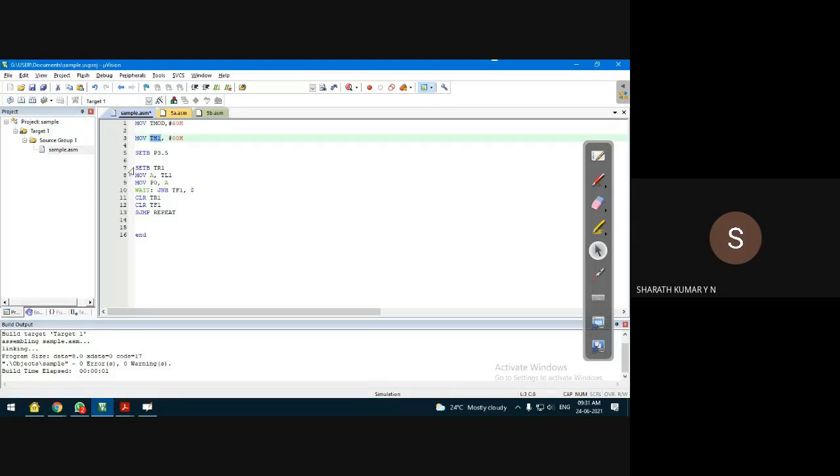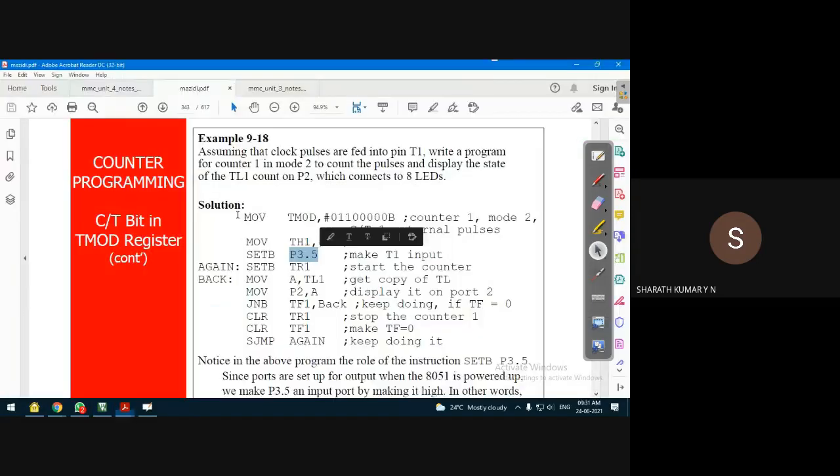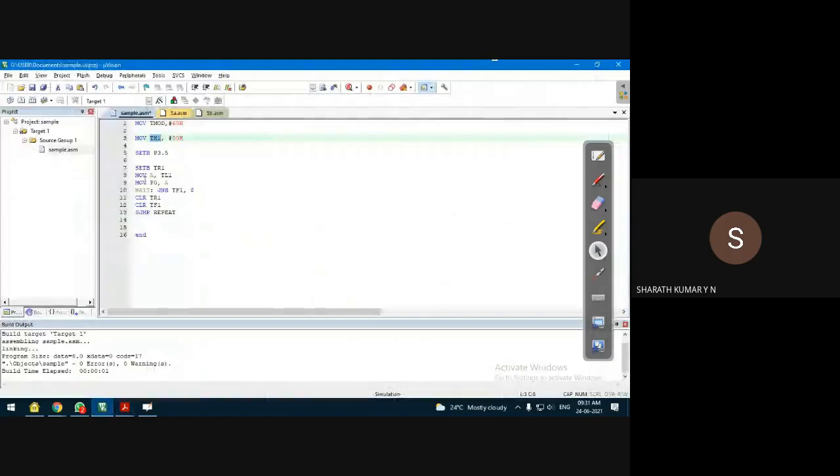We go back to where we start the timer, because we have stopped the timer here. If we don't stop it here, we need not go back, since by default the timer will continuously run. So, repeat. A simple program.